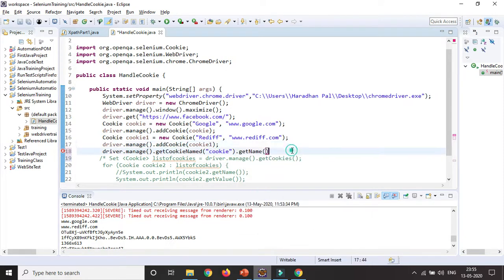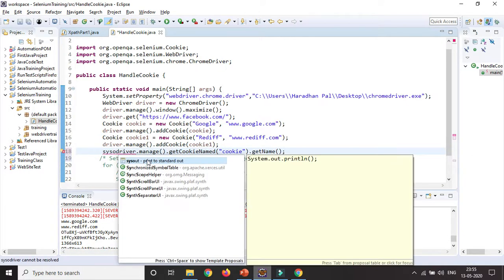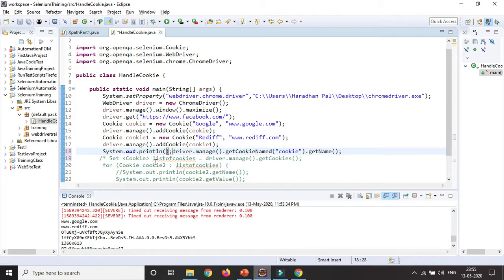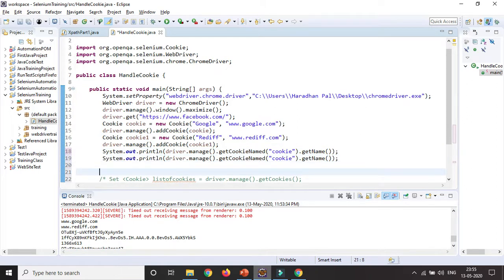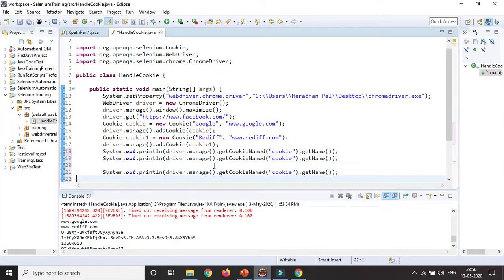In a similar way, if you want to get the value, you need to use the SYSO method so that it will be displayed in my console. Similarly, if you want to get the path, you can get it. If you want to get the value, you can also get it.